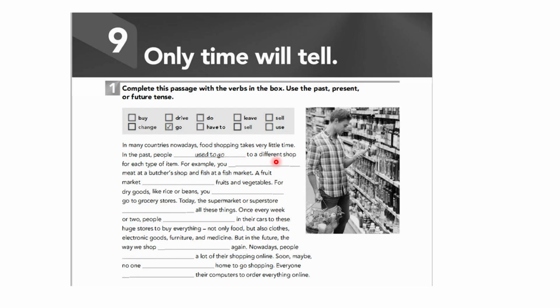What would be the correct verb here and what is the tense? Tell me, Johnny. For example, you have had to buy meat at a butcher shop and fish at the same. Just one, right? Okay, well, but my answer is you had to buy. You had to buy. Okay. Someone else have a different answer?